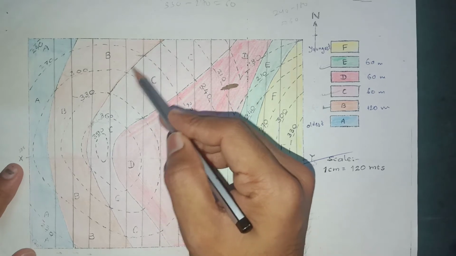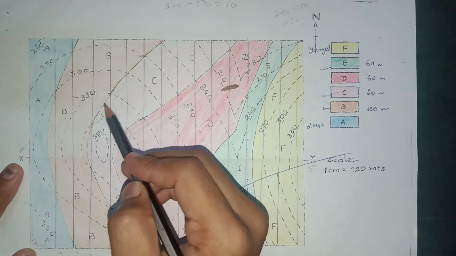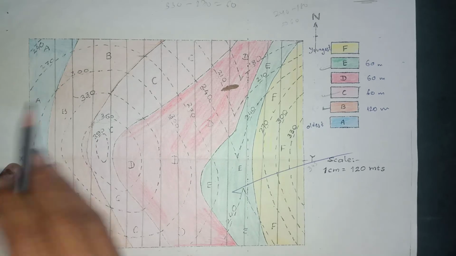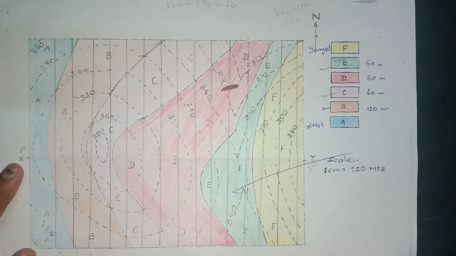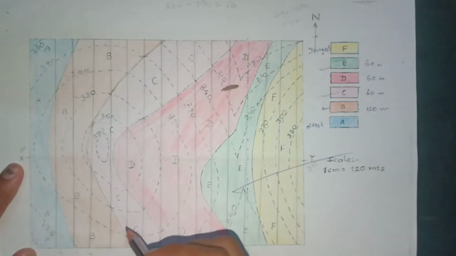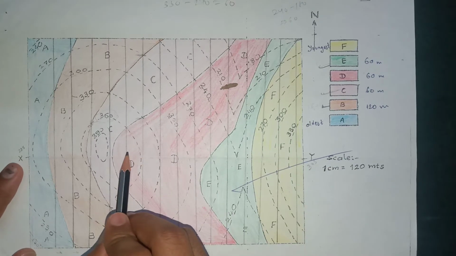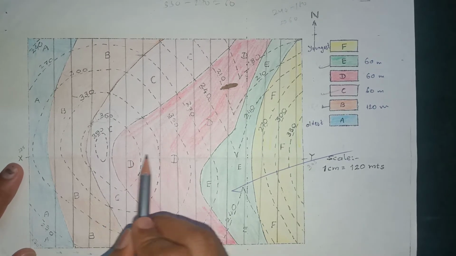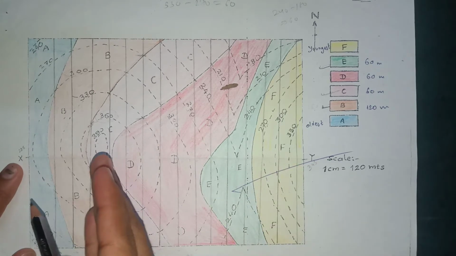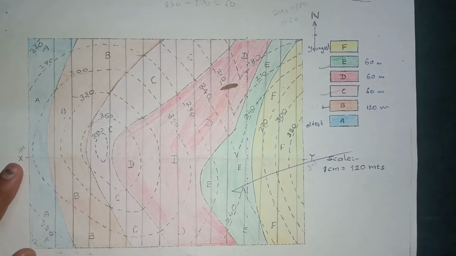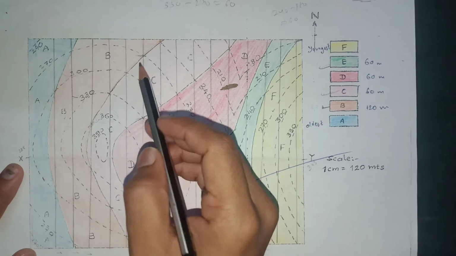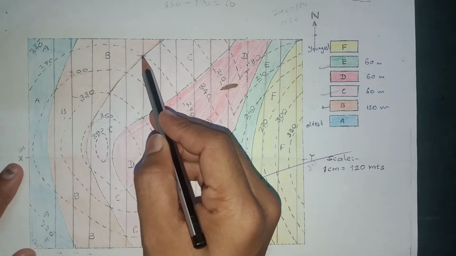suppose we have to find where this continuous line, this bed line, is dipping, this side or this side, because the strike line is straight, so the dip of a bed should be perpendicular to it. That means the dip will be on the west side or on the east side. Okay, now suppose you are continuously following this line.